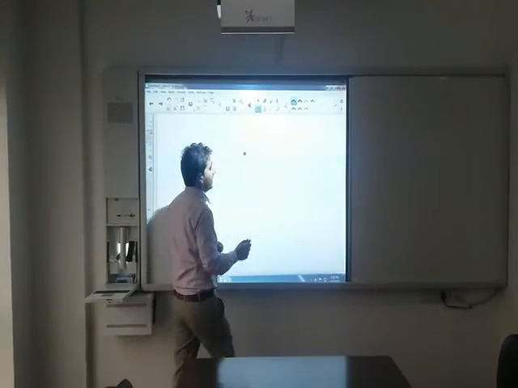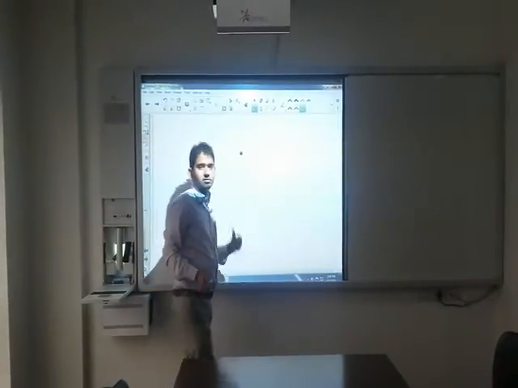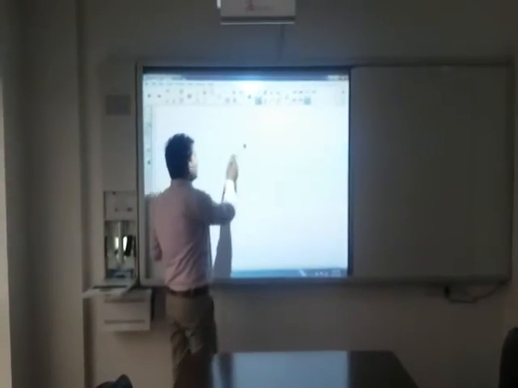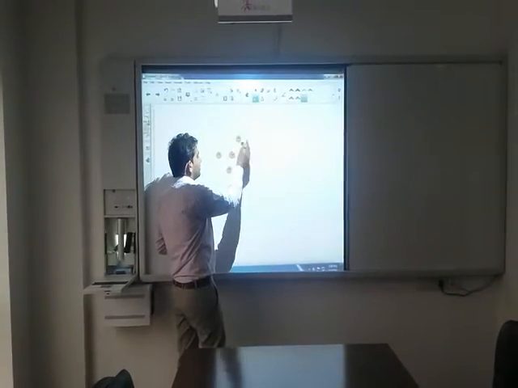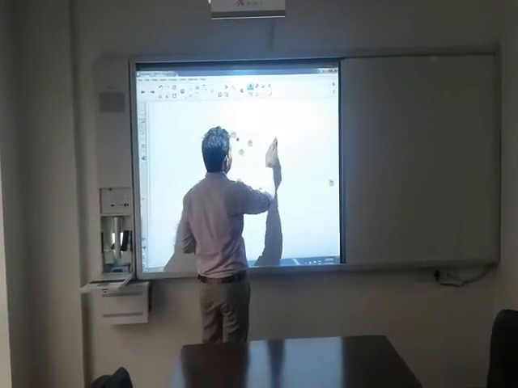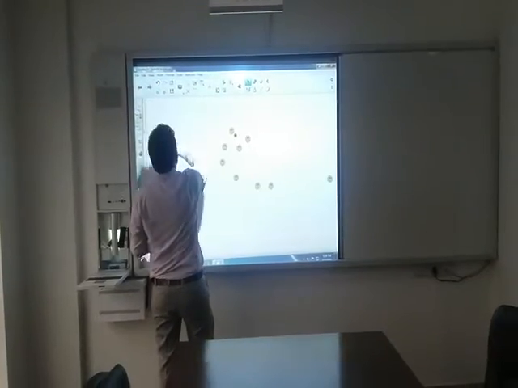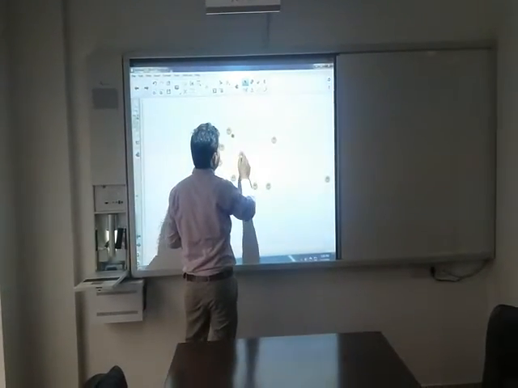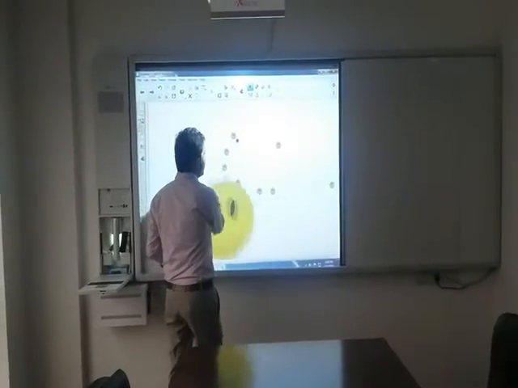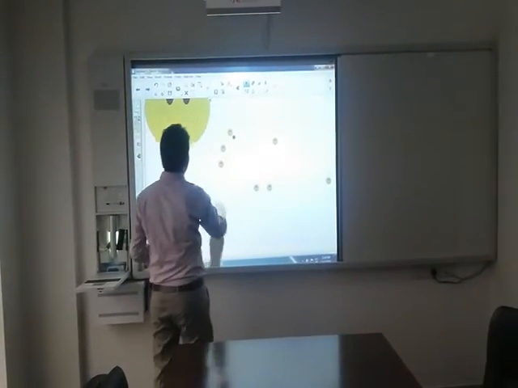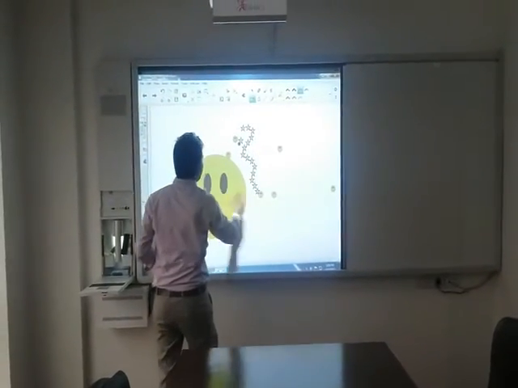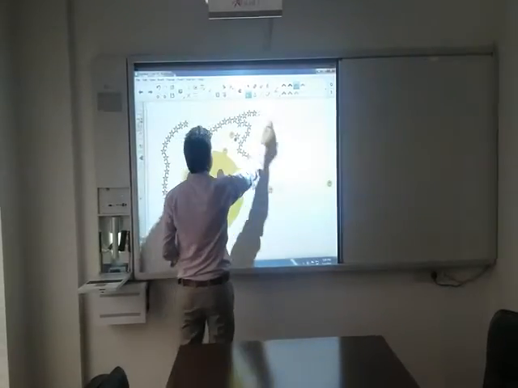The creative pen is a different kind of stamp pen, like a smiley. If a teacher wants to give a smiley to the classroom, then it will give us different smileys to the classes. If you want to move some smiley from here to there, then we can change the position also. Even we can change the size. If you want to move, then we can move also. Okay, like stars. The stars are also there.